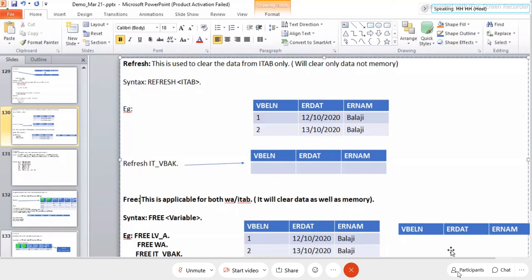Normally, once you are coming out of the program, once I am displaying my output and all, then my work areas and whatever variables I am using are all unused for me. Once you are coming out, that is not required also. That's why normally this free statement is not applicable, but in interviews they will ask it mandatorily. The difference between clear and refresh and free, this is the question they will ask. Or otherwise, what is clear, what is refresh, what is free, they will definitely ask. Okay, so these are the statements we used here.